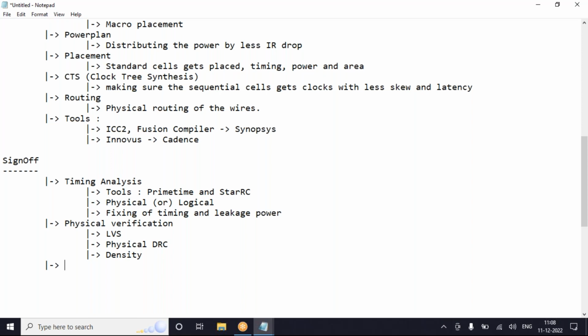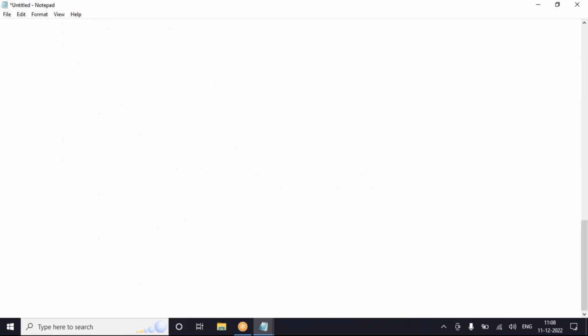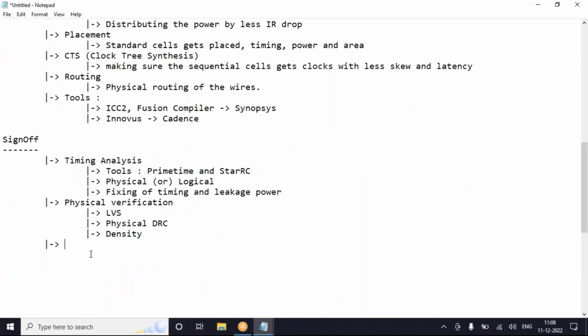What was the other stage I have written? ERC. So I'll make it like EMIR, single. ERC and power, I'm going to be checking. Power drop related and the current density of each and every metal will be checked in this EMIR stage, which will be done from stage to stage, but this EMIR is also done at the sign off stage, verifying at the last that everything is good or not.